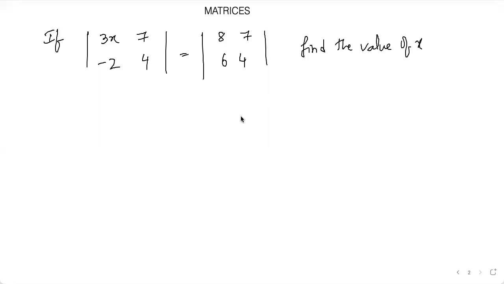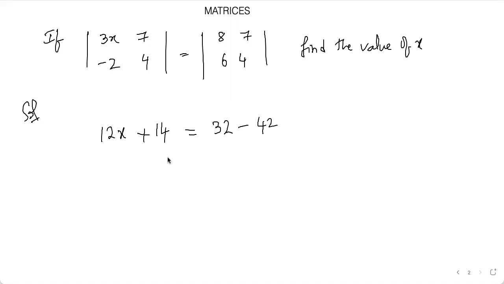Okay, let us find the value of x here. Now, on expanding both the determinants, so this is a determinant, right? Here on the left hand side you'll get 12x and minus of minus, which is plus 14, right? And on the right hand side you get 32 minus 42, right? So after simplifying,